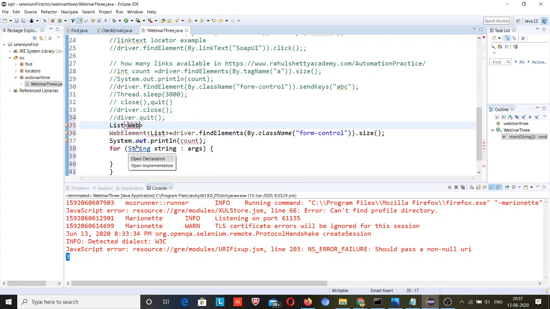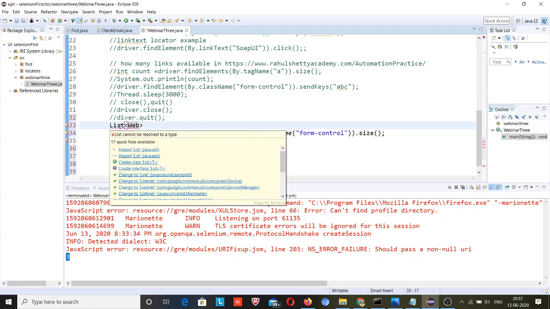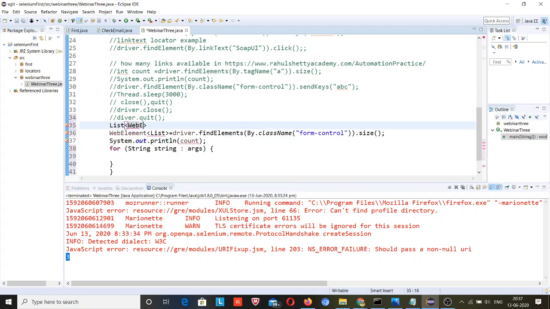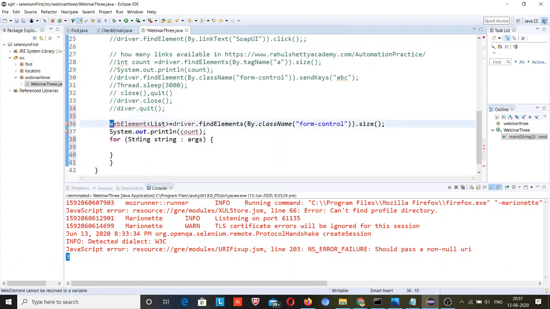Okay, not util, the java.util package, and WebElement. Okay, now this worked. So I will make a list of this, and a variable here.